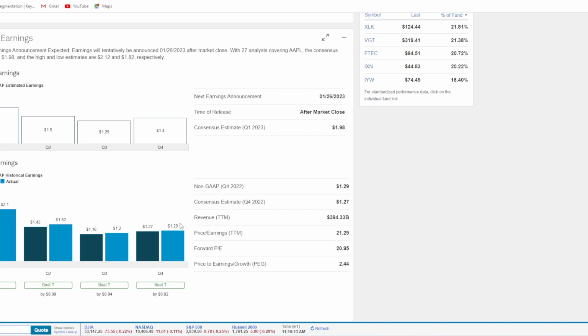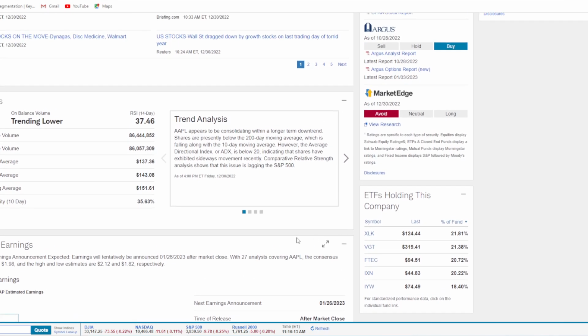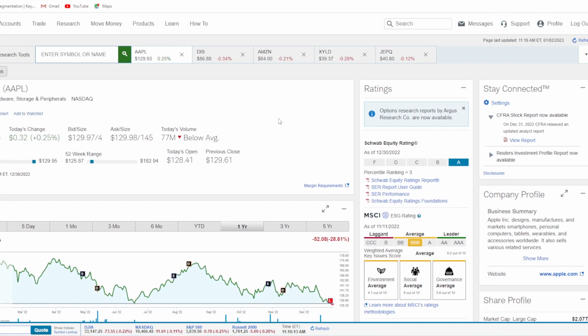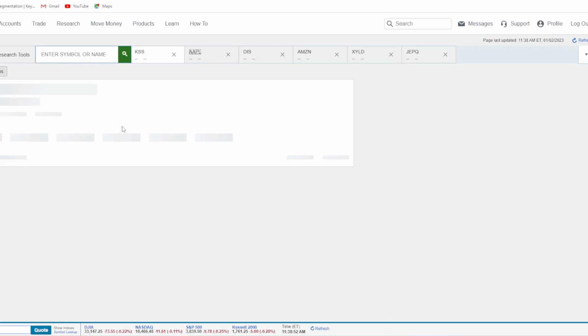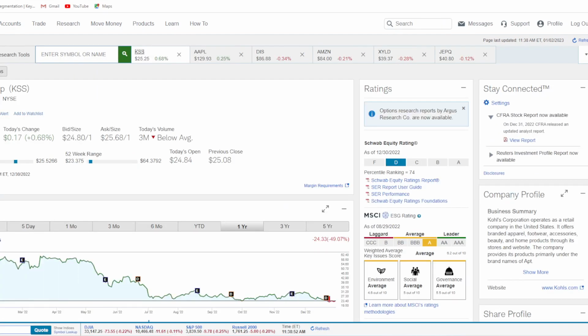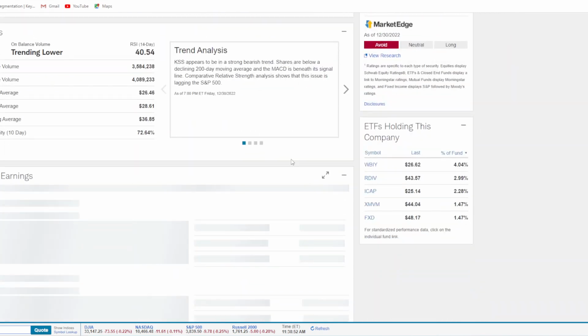Is the earnings per share declining? Is the revenue declining or not growing? If that's the case, you'll likely see this price to earnings ratio go a lot lower. And I've got a couple different companies to take a look at to give you an exact example. So first one here is going to be Kohl's, trading at a very, very low PE ratio with the current one. We see currently $25 per share, but then we go all the way down to the